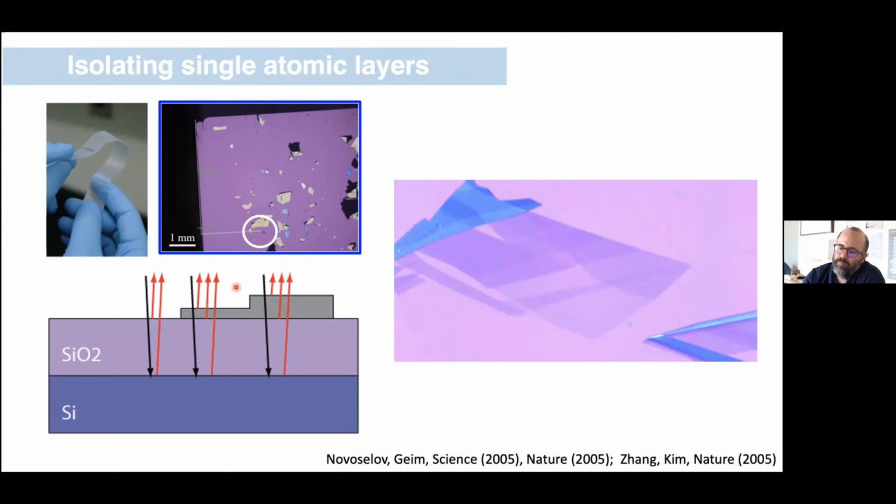So if I smear that graphene on a well-prepared substrate, and that substrate is typically silicon, which is conducting, covered with a specific thickness of SiO2, then there's an optical interference effect that gives you visual contrast. And that visual contrast you can correlate to layer number. So the faintest color you see here literally is one atom thick, one layer of graphene. The slightly darker color is 2 layers, and then 3 layers, and so on.